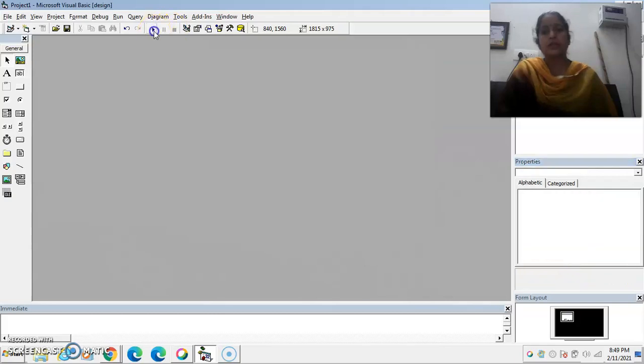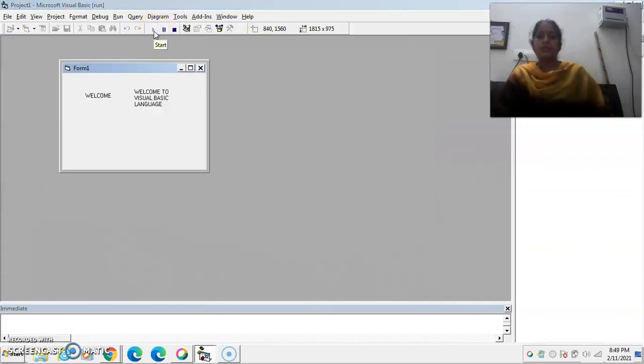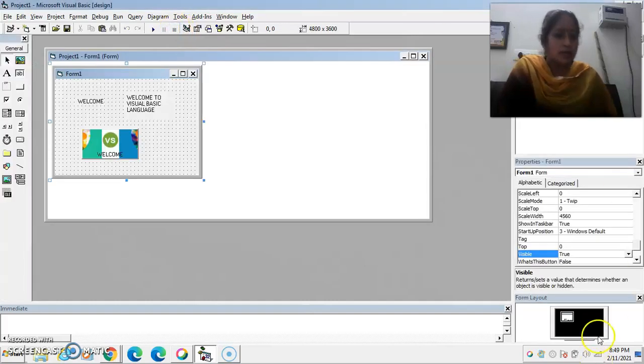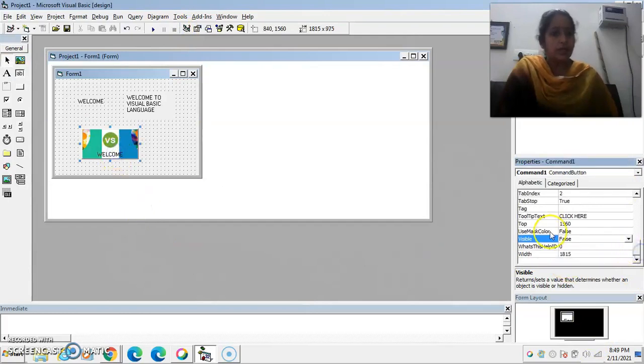Now run this program. Now you see on the screen our command button disappears during runtime because I set the visible property to false. Again set it to true so that our command button can be visible during runtime also.